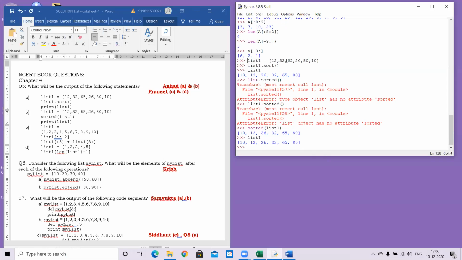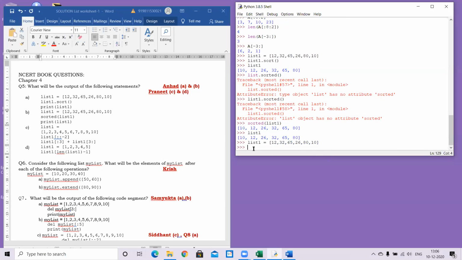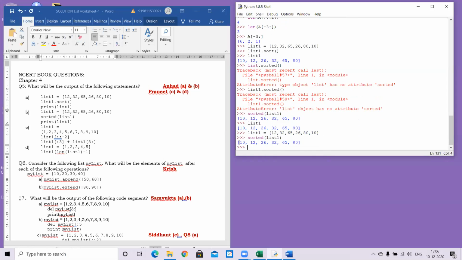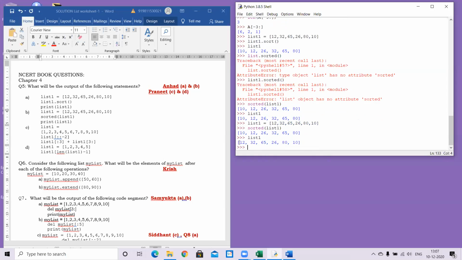Let me have this data again so that I can show you the difference, because that can be asked in the exam. This is my original list. Now I'm saying sorted list. Show me the sorted list. Remember it like this. Show me the sorted list. Okay, but is the list originally actually sorted again? No, it isn't. Right? Right, Pradeep?